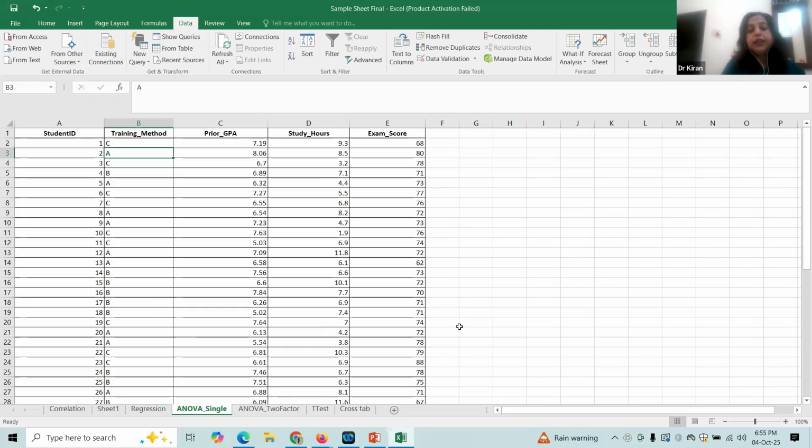Before going further, regarding the regression hypothesis, if you check the class handouts, you will come to know whether the null or the alternate is getting accepted. So you can match it later on. So let us see ANOVA single. Now this sheet is giving me training methods and GPA, study hours, exam scores, and